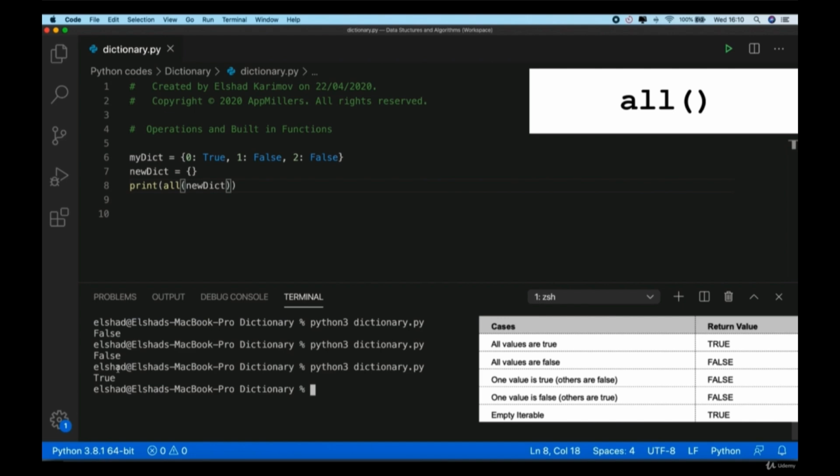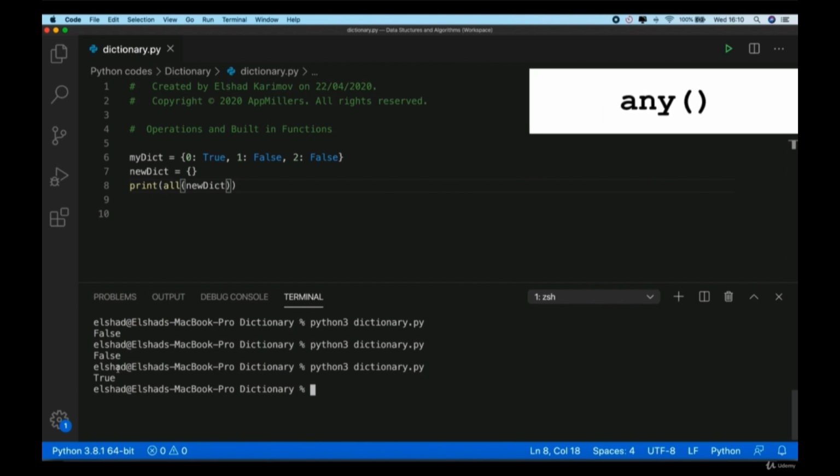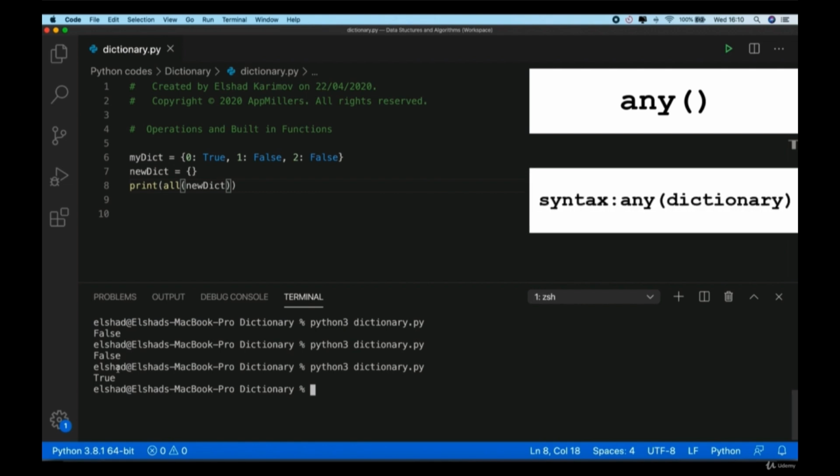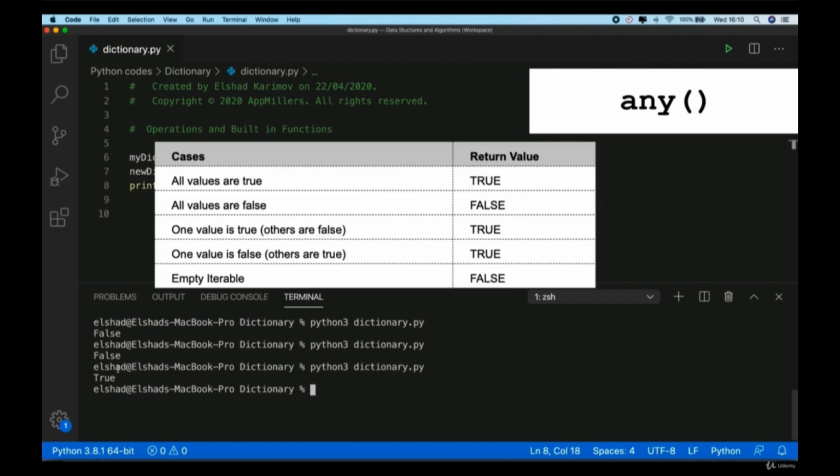So here we have learned that the all method checks the elements in the given collection. Based on the values of the elements, it returns true or false. So let's continue to the next function. The next function is the any function. The any method returns true if any element of the collection is true. If not, the any method will return false. So the syntax of the any method is like this. The any method takes one parameter. The parameter might be a list, string, or dictionary, which is a collection. It returns true if at least one element of the collection is true, and it returns false if all elements are false